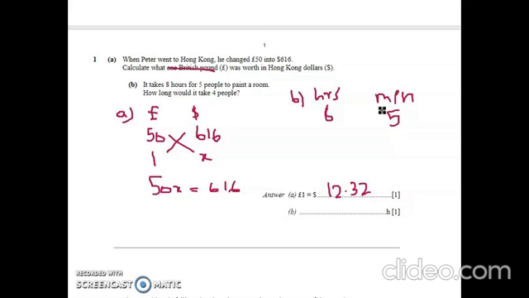Whereas inverse proportion is when one quantity increases, the other will decrease, or when one quantity decreases, the other will increase, again with the same ratio. For example, in this part B, this is an example of an inverse proportion question. Because as more people come to paint, the room is same. That is our constant ratio. The room's walls area is the same. However, if the number of people increases, the time consumed to paint the room